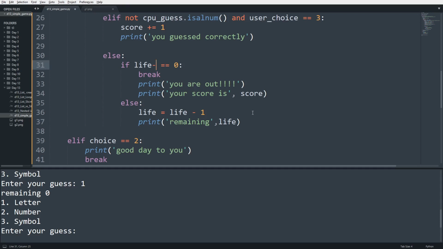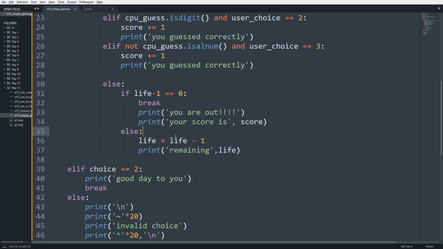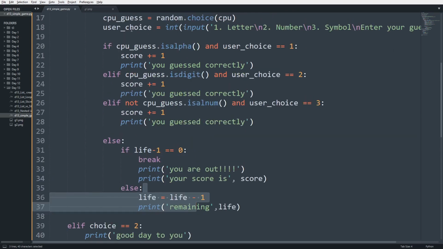Okay, what I do, if life minus 1 is equal to 0, then I'm breaking. You understand the logic? How is it giving error? It is giving error because I reduce the life and then only I'm running once again. You get my point? I'm reducing the life and then only I'm getting the